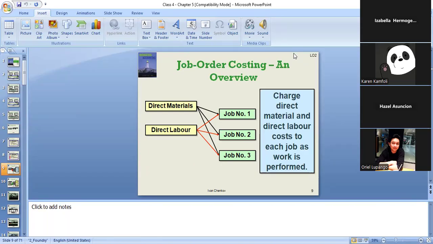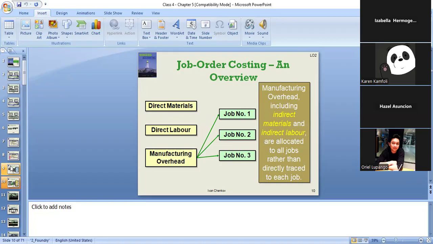One after another. Now the job costing. Let's say we have to get the cost of our job. What are we going to do first? First, we're going to get direct material, which is used for the product that we're producing. Then we're going to get the direct labor. Direct labor can easily be traced to all the jobs that we're doing. Once we get those two,